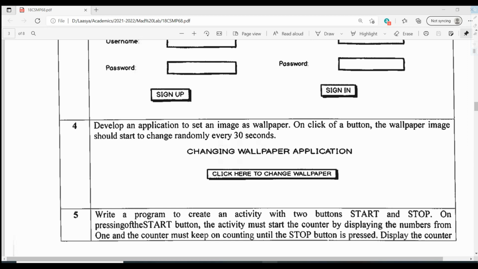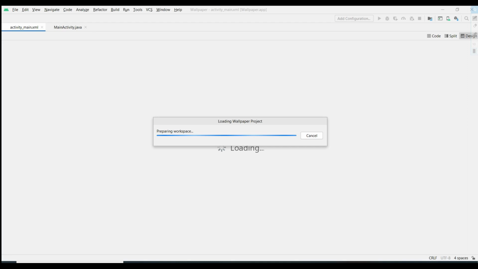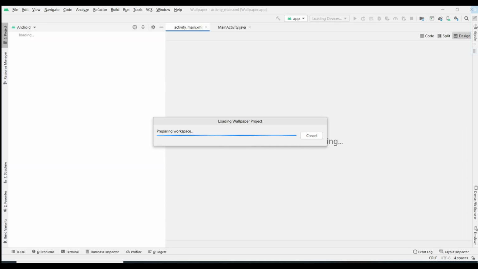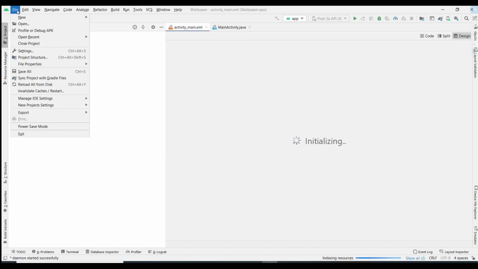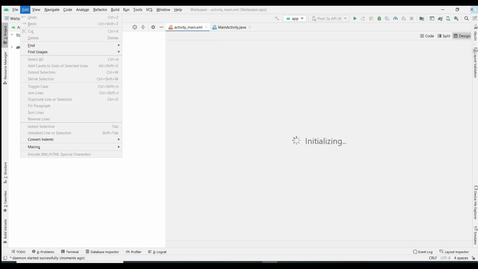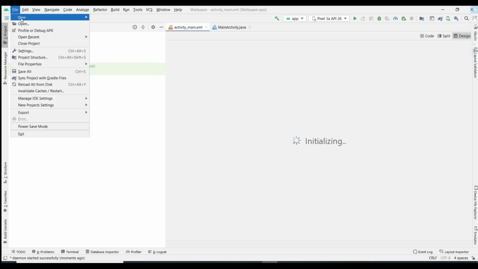So just turn on your Android Studio. Yes, here you can go for the new project.